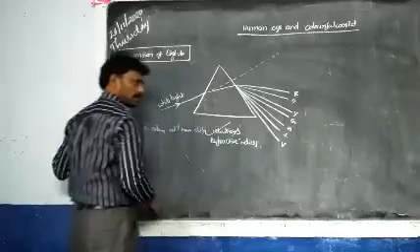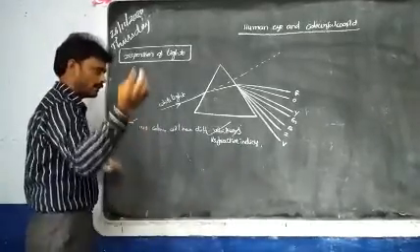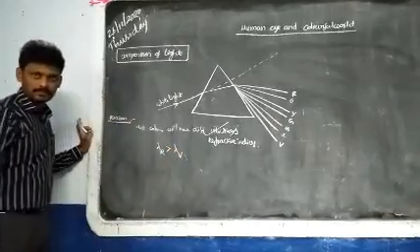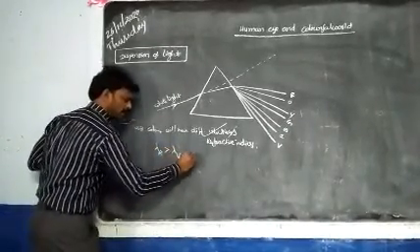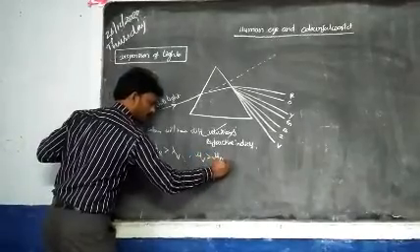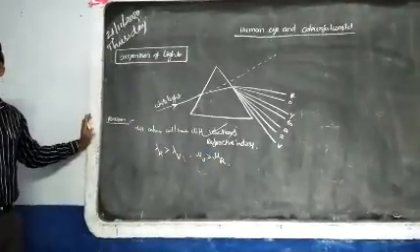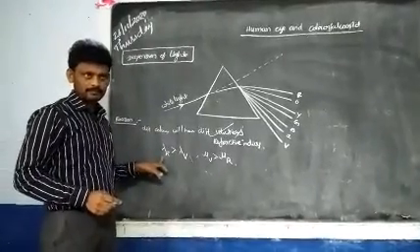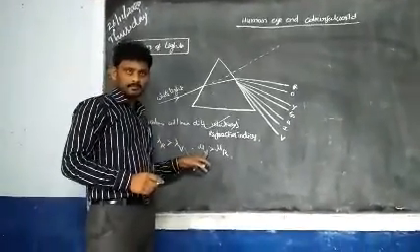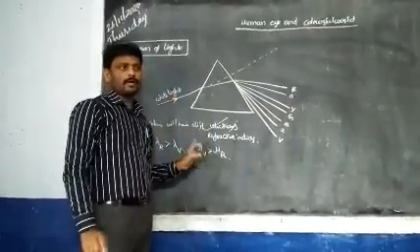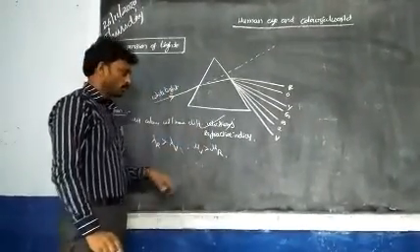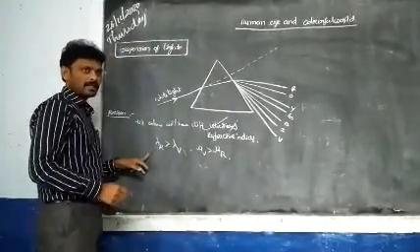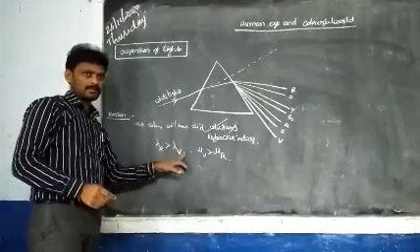So velocity is different. All are not traveling with the same velocity. I told you, if you remember, lambda red is greater than lambda violet. Am I correct? Yes. But refractive index: mu violet is greater than mu red. So who has the highest wavelength? Red. Refractive index? Violet. Understood? So violet has more refractive index, and wavelength of red is more actually. The answer is reversed, remember this.